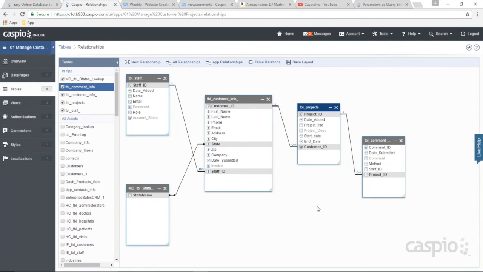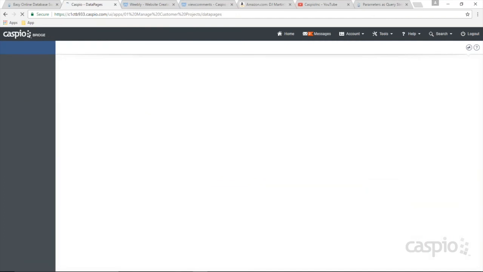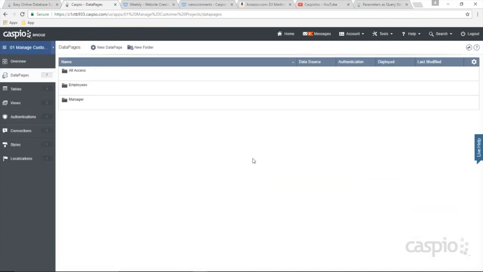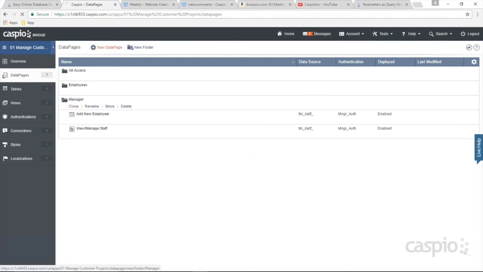Okay. Now the next thing that I want to talk about is the views. In the intermediate session, I taught you how to filter data from your table to create your user permissions. Today I'm going to teach you how we can link tables together using common values, and we can build nicer reports out of the linked tables rather than an individual table. What I mean by that is if I try to build my data page report, let's say I want to build a report for the manager, Walter White, to see all of the customers, all of that customer's projects, and all the comments that belong to that project. So if I try to build a report like that,